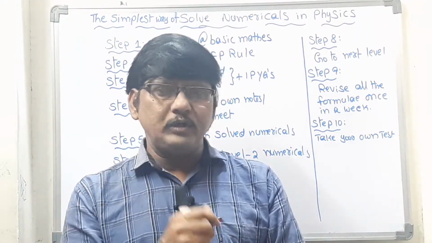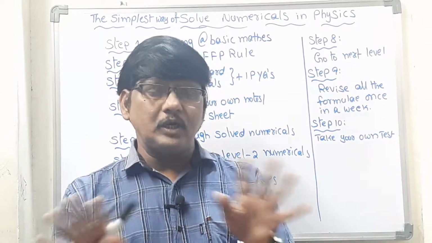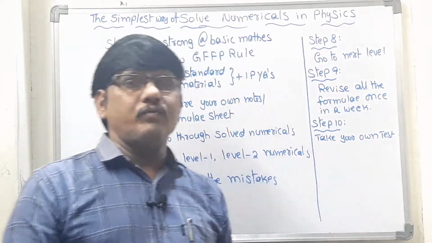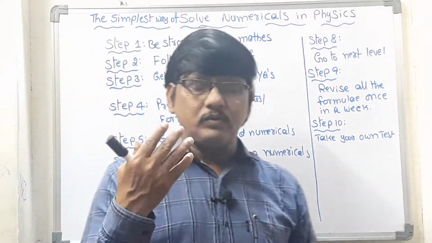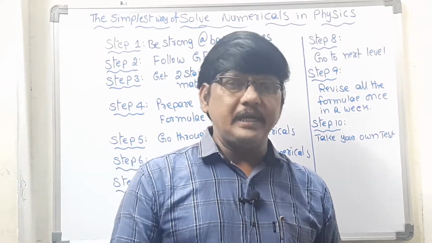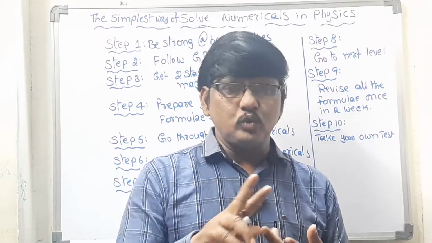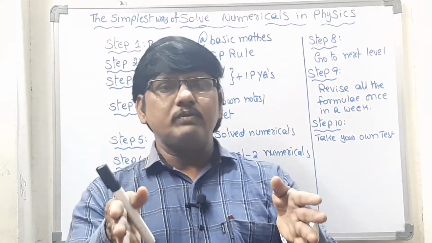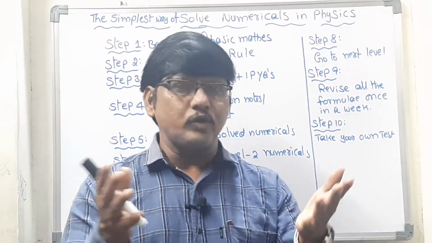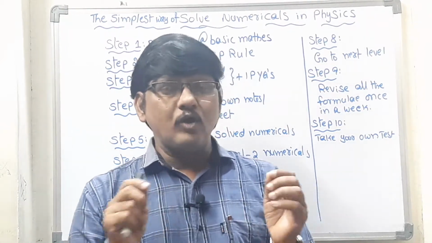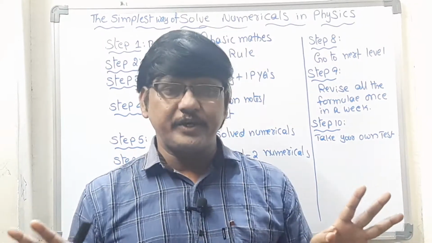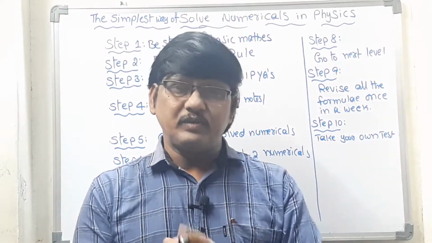So like that, take 5 to 10 questions, and now close the book and go to the first level of your institute material, or if you have any DPPs, or the 2 standard materials, in that, level 1 questions will be there, and go through those level 1 questions. Let us take randomly some 20 questions. Now you will be able to solve only 5 questions, nothing to worry about it.